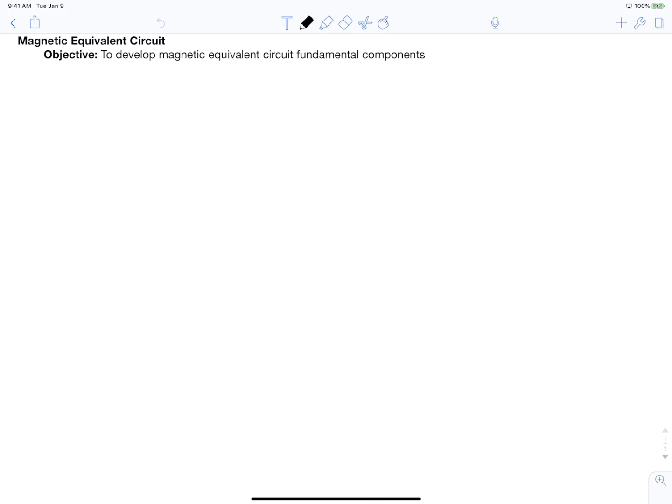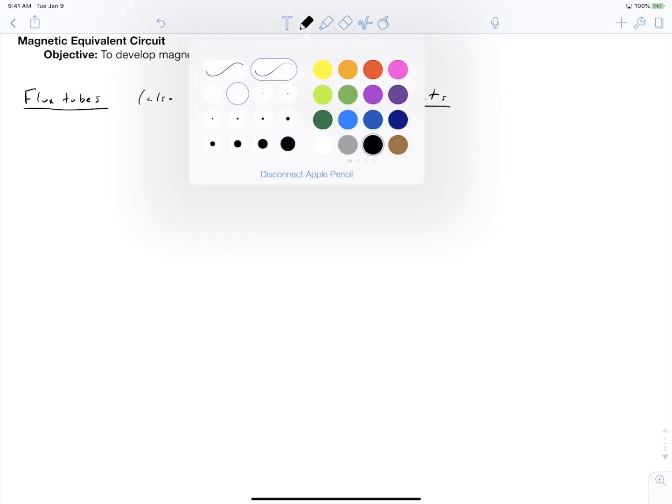And as you'll see, to effectively use this tool, we need to have a solid understanding of the physics of our machine. We need to have foresight into the paths that our magnetic field is going to take. So we're going to start this by talking about flux tubes or reluctance elements. And I'll sketch a generic flux tube here,